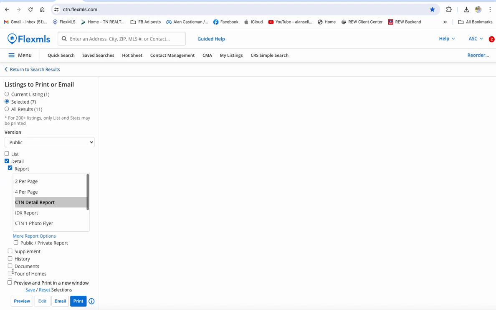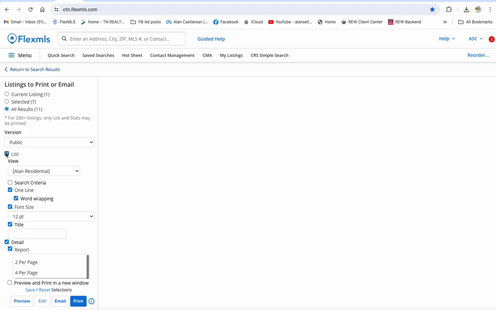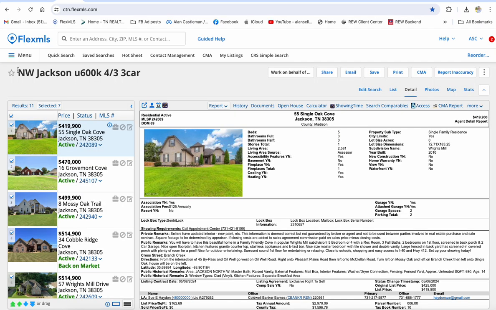What in the world do I want to print? I don't know why that didn't load. Let's just change some stuff here. Oh well. It's still going to print. So listings to print. Let's start right here. I can choose the original 11. I can choose the 7 that I selected, or I can choose the one that I was on, which